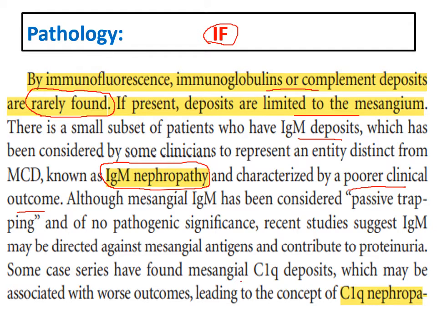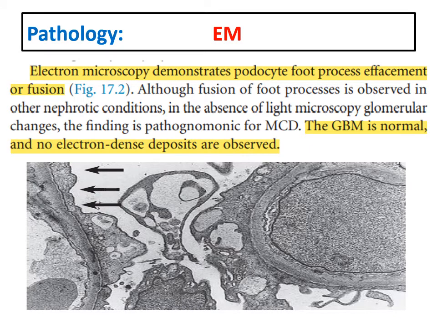Also some patients might show C1q deposits وفي الغالب ده ممكن يكون C1q nephropathy في بعض الحالات، ولكن أهم شيء إن أنت ما تنساش إن classic minimal change بيبقى الimmunoglobulin والcomplement rarely found. يبقى في اللايت microscopy normal, immune fluorescence في الغالب no deposits، إنما في الإلكترون مايكروسكوبي هو ده الموست important إنه